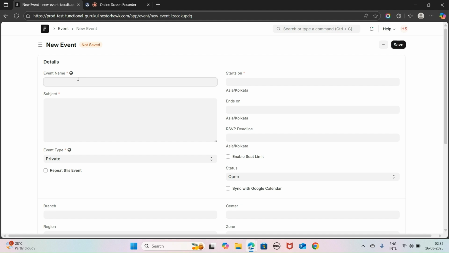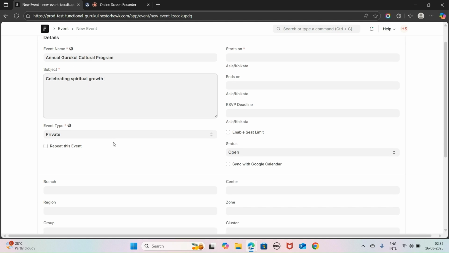Event name: annual Gurukul cultural program, and the subject: celebrating spiritual growth.